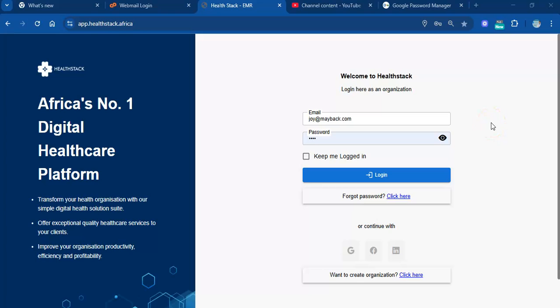Hello, in this video, I will show you the role of a front desk officer and how you can manage patients, register new patients, welcome old patients, set appointments, bill patients, and all other actions that you can perform as a front desk officer. So I'm going to log in as Joy, who happens to be the front desk officer